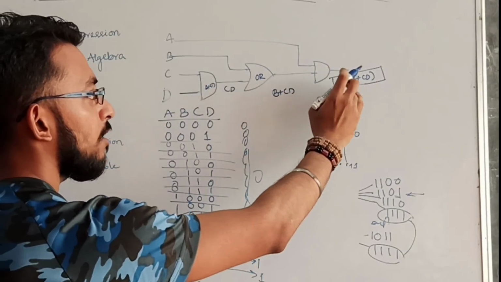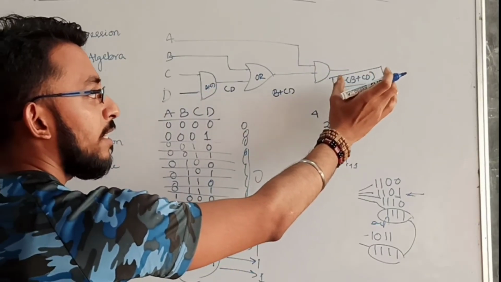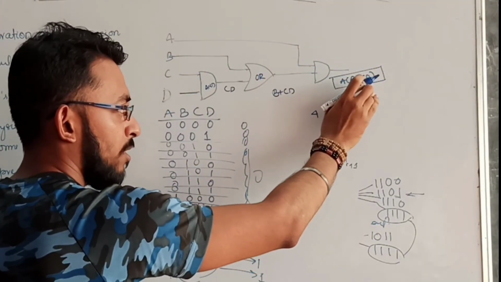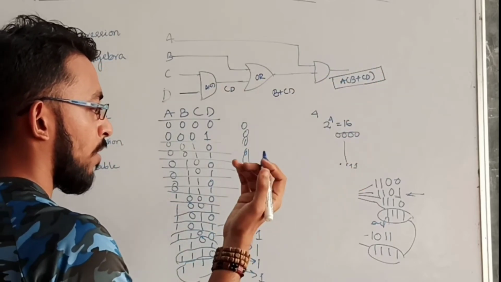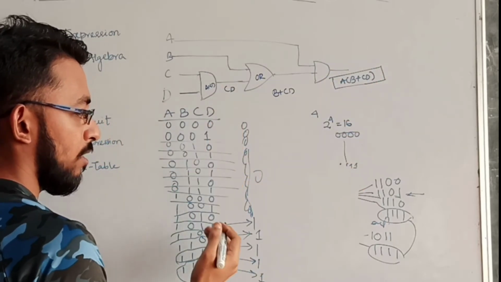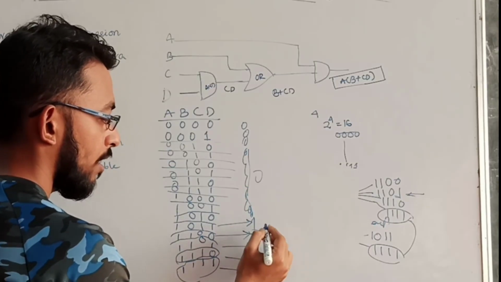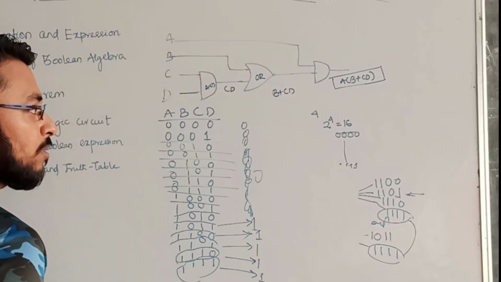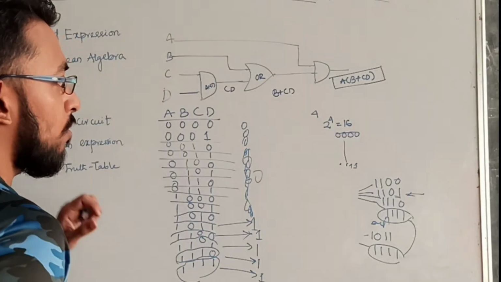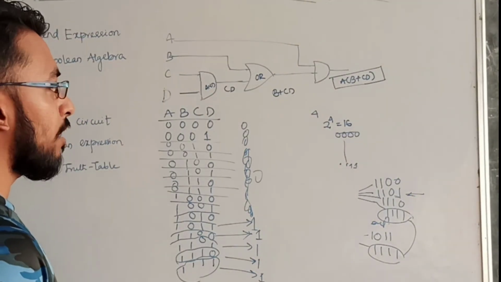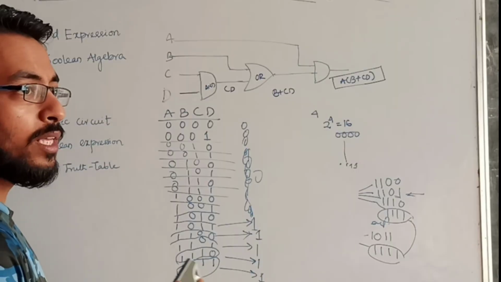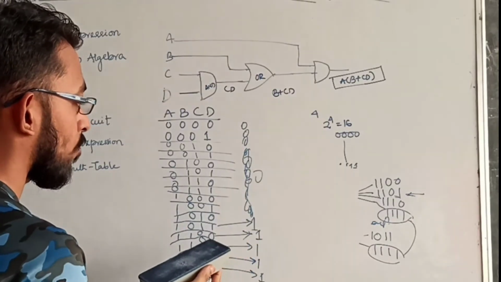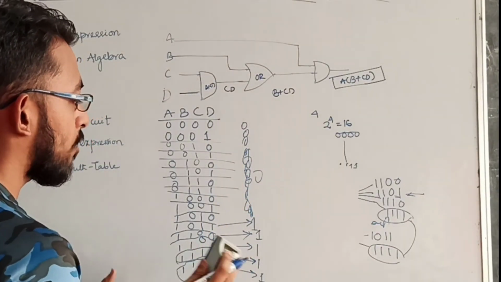So to represent A plus B into CD, this is the truth table that I can generate from this logic circuit. From this logic circuit, I found the Boolean expression. And from the Boolean expression, I have to find for what values of my input combinations my output will give me 1. Then I write those values of 1, and for all other cases I write zeros. So this is the representation. Now we will see one simplification method, by which from a long expression or a long logic circuit we can simplify our logic circuit into a small one. Let me write some questions or numericals so that we can solve this expression.